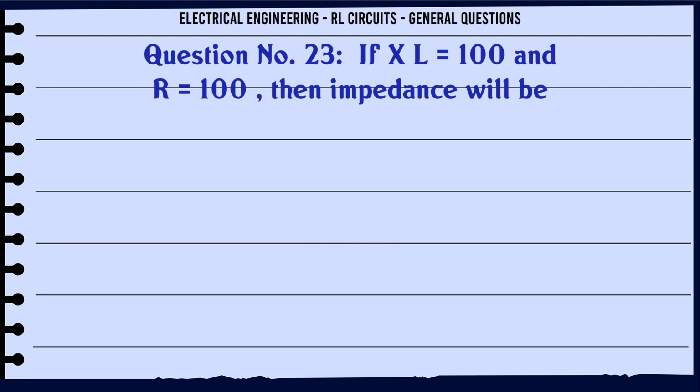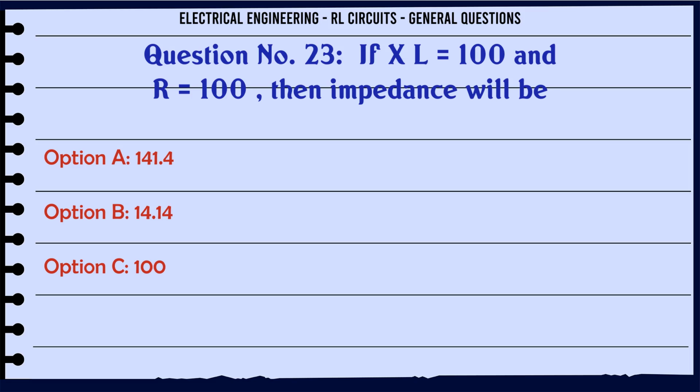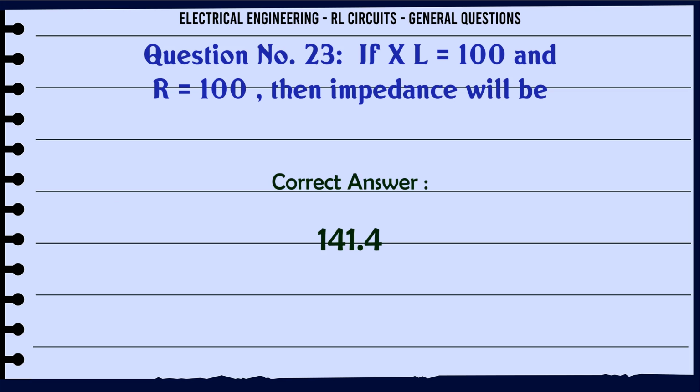If XL = 100 and R = 100, then impedance will be A. 141.4, B. 14.14, C. 100, D. 200. The correct answer is